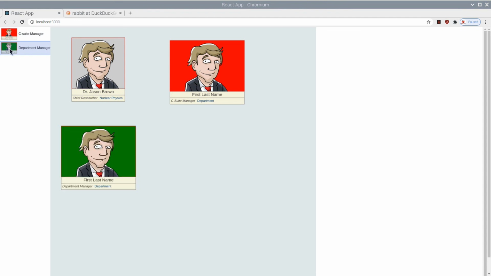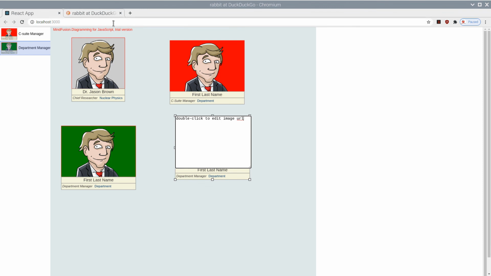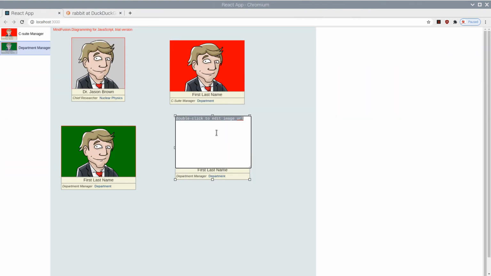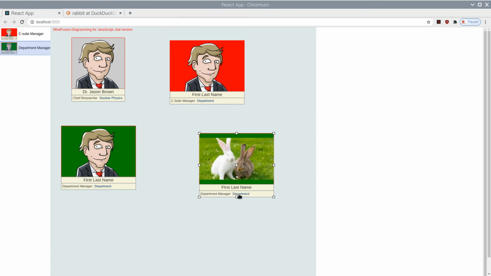When we drag one of them, thanks to implementing all the methods of the prototype, an exact copy of the node is rendered. We can create now a multi-level diagram just with drag and drop. We can edit the images, the text of the employees, and build a whole company hierarchy in a user-friendly manner.